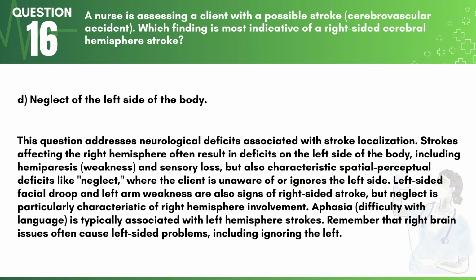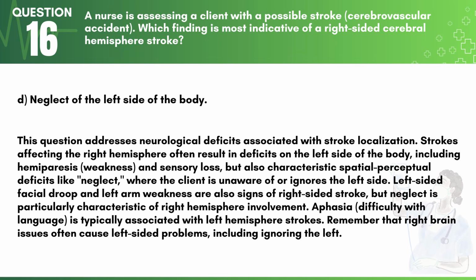Answer, D. Neglect of the left side of the body. This question addresses neurological deficits associated with stroke localization. Strokes affecting the right hemisphere often result in deficits on the left side of the body, including hemiparesis, weakness, and sensory loss, but also characteristic spatial perceptual deficits like neglect, where the client is unaware of or ignores the left